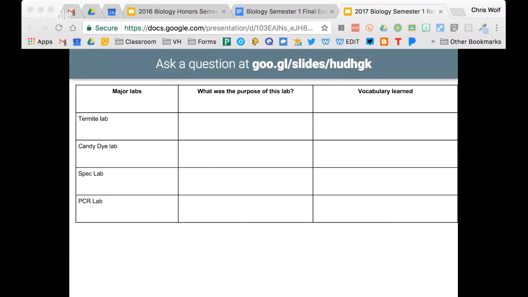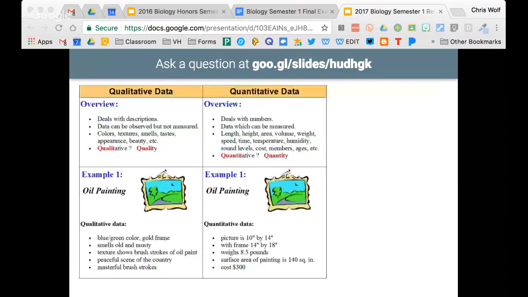This termite lab was the very first lab, and it really taught us two major things. It taught us the difference between qualitative and quantitative data. You're going to have to be able to not only identify them, but apply your understanding of them on the final. You got to know the difference between qualitative being more descriptive data that can be observed